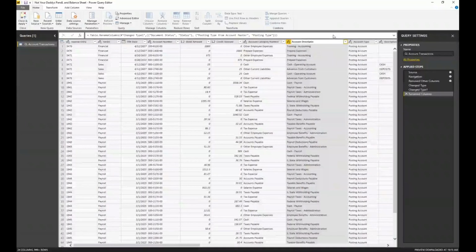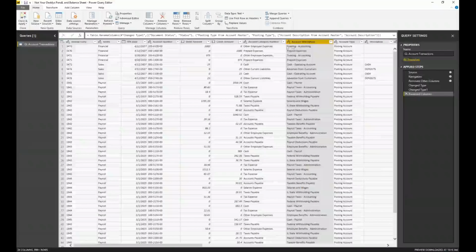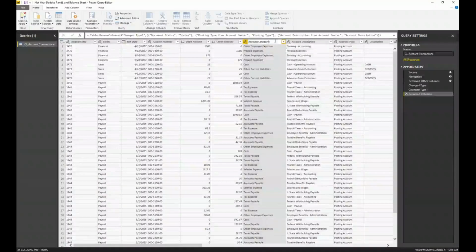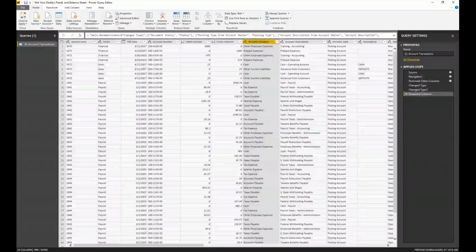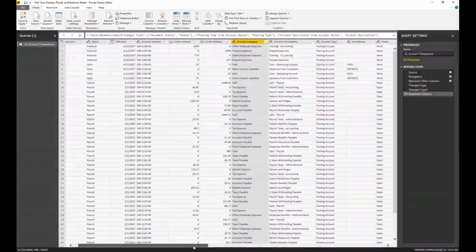I want to get rid of that from account master and just leave account description. So that's something that's going to help me out a lot as well. Account category, I'm going to get rid of that number because I just want the account category. Now, I don't think you could get the account category number, the actual numerical value, like we looked at that one I added was 49. But you might want to consider adding something in to use that account category, because then you could use that in some of your formulas to help you figure out. And I'll talk about that more when we get into formulas where that would make some sense.